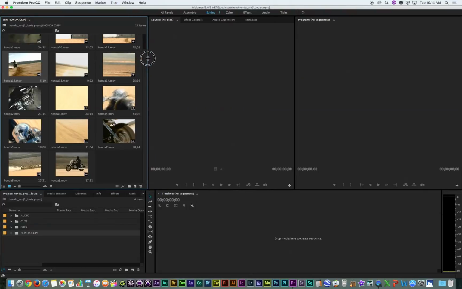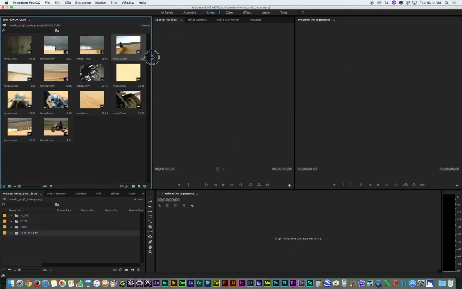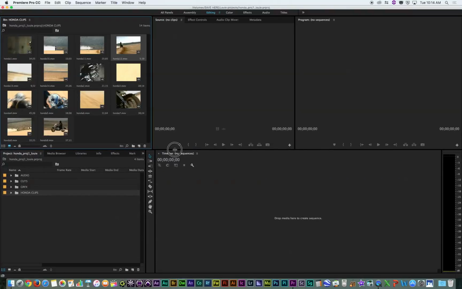Maybe that's the key. Okay, here's the trick. See if you can do this. Drag it so you have 4 little windows across, and then I'm going to bring the waistline back up there so nothing's hidden, and I'm going to move this over to the right just a little bit more, so now they're a little more equal. Good. Okay, that's actually better. So now I can see all my 14 clips,